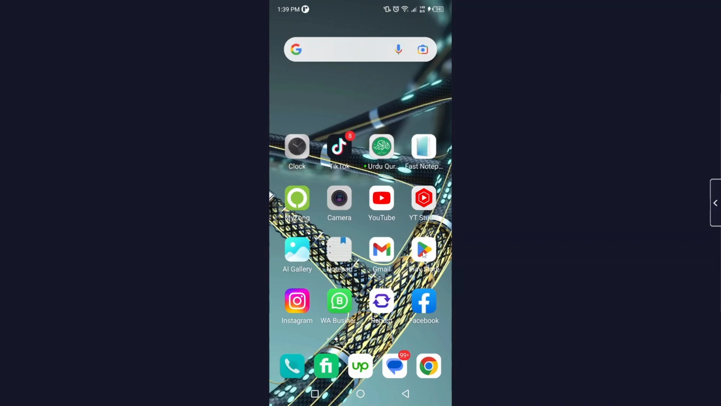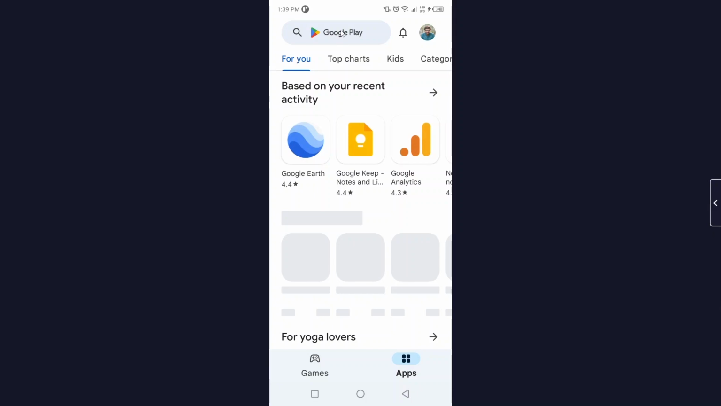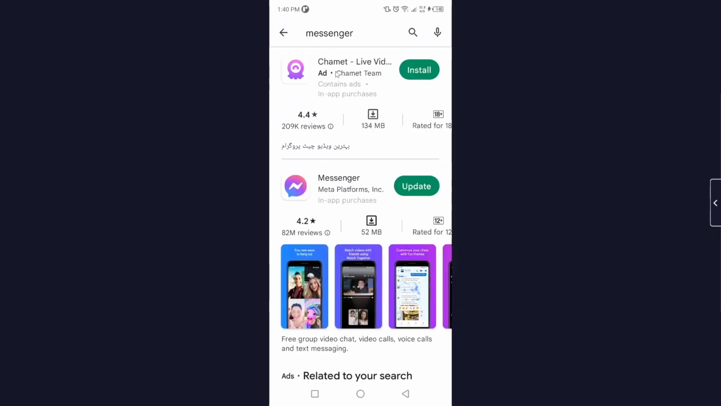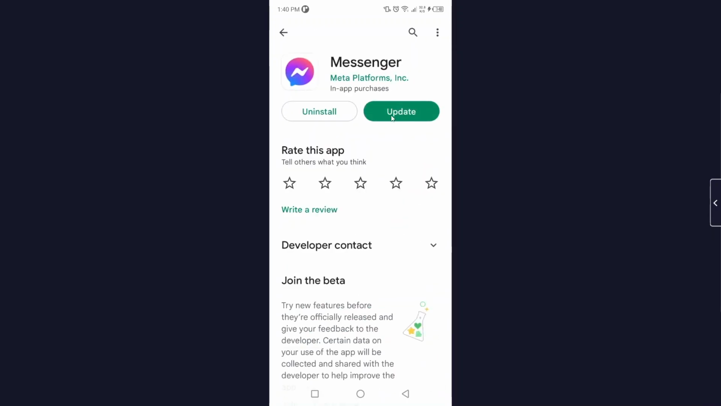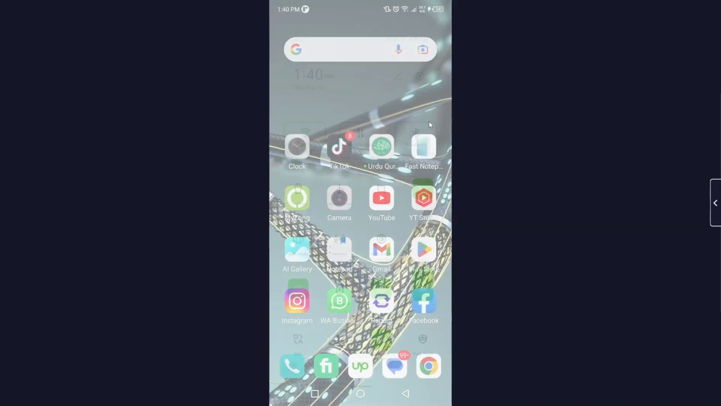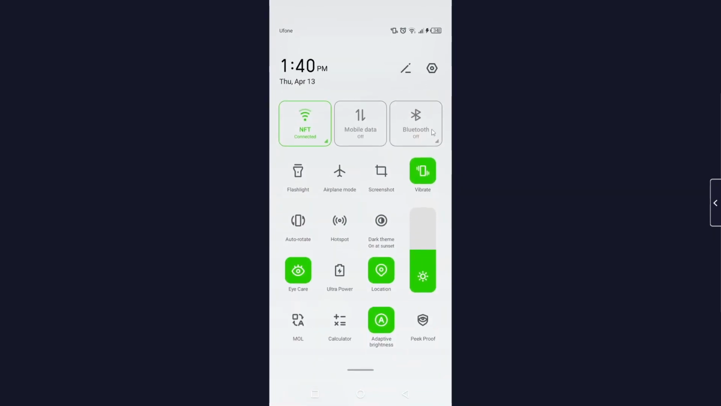So the first step you simply need to do is to open Play Store and search for Messenger and update your Messenger application. From here, click on update, and once it is updated, you simply need to go back and open your smartphone